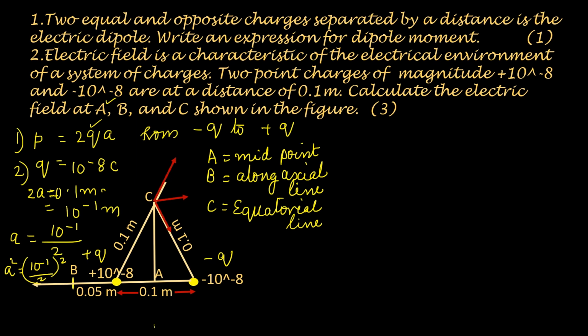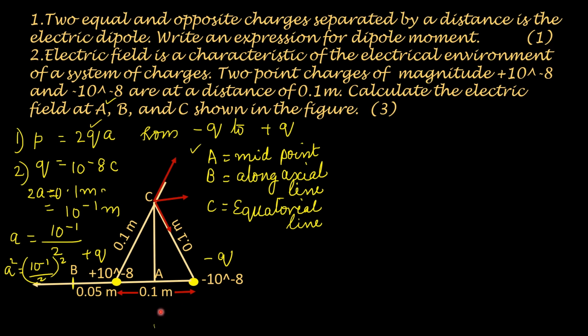We don't need to derive the equation. We already know the equation. We can directly apply the equation and solve the problem. But before that, if you have not watched my video on derivation of expression for electric field along axial line and equatorial line, and one more video on problems related to these topics, click the I button in order to watch those videos. Now let us calculate electric field at midpoint A.